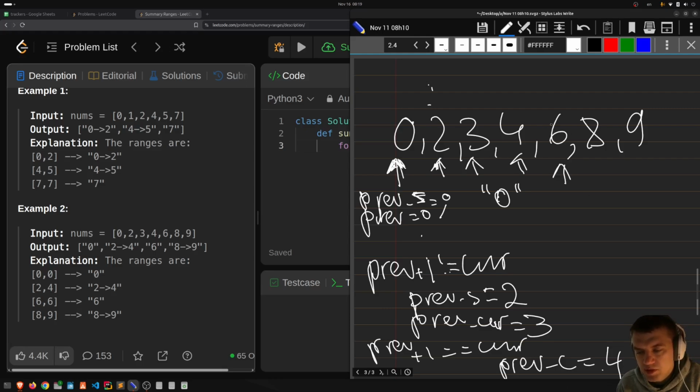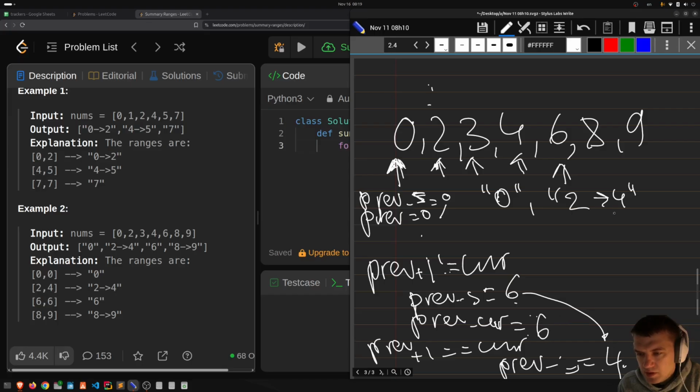which is not equal to 4 plus 1. Then I'm gonna get the previous current and previous start. Let's say previous current. Okay, and I check delta. Delta is greater than 0, so I need to record 2 to 4, and then move further. So update previous start becomes 6, previous current becomes 6, and then I'm gonna move to the next one, and the next one again